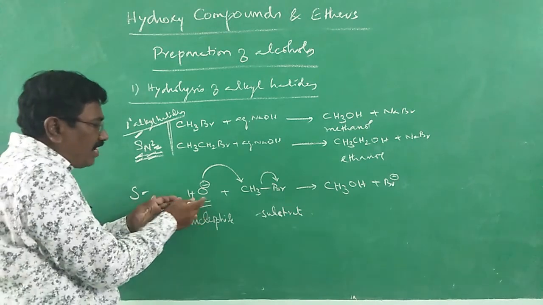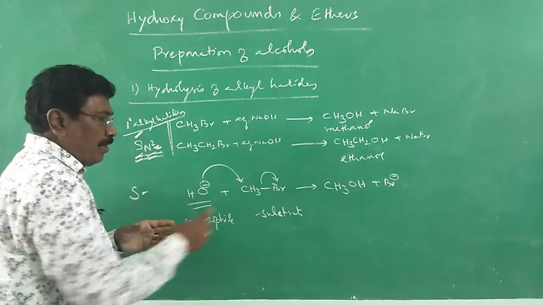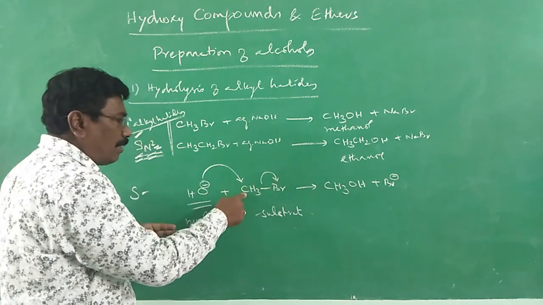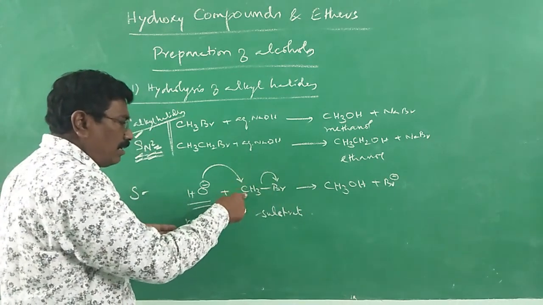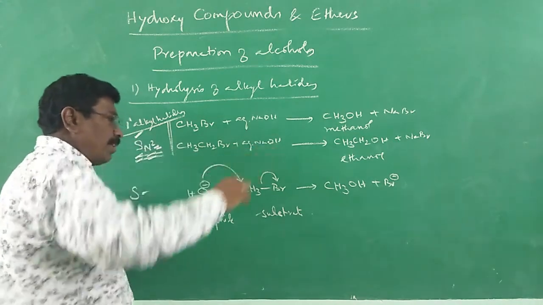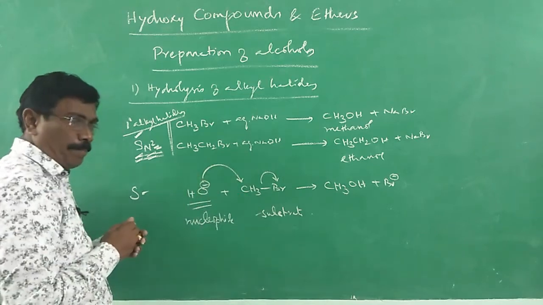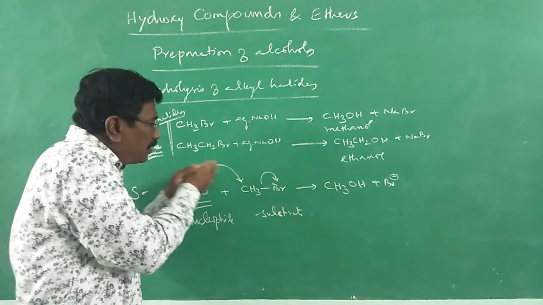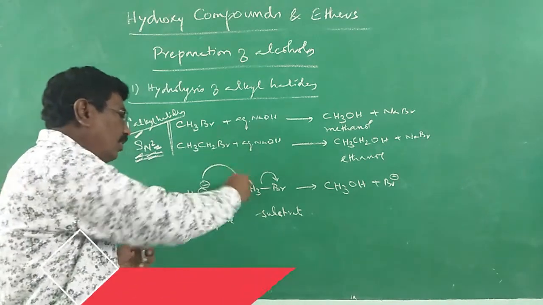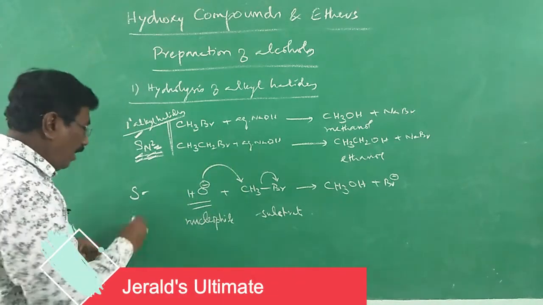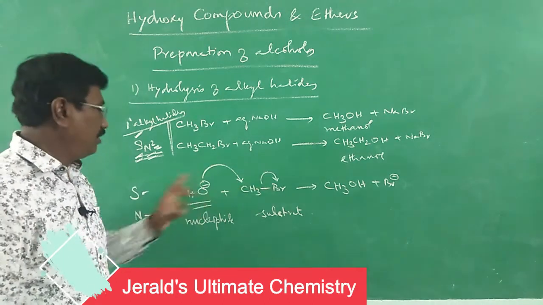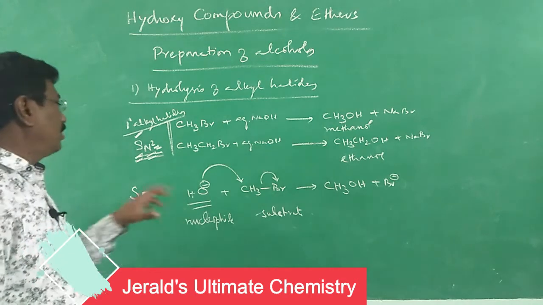It is having affinity towards a positive center. Br is electronegative. It will attract electrons towards itself. But carbon, the alkyl group, is an electron releasing group. It will push electrons away and therefore it will get a positive center. So the hydroxide group is approaching the positive center. The one which is having affinity towards a positive center is said to be a nucleophile, and therefore it is nucleophilic substitution by OH, therefore SN.